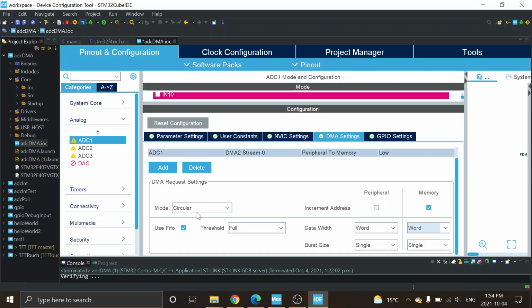Okay, so the one thing though I want to make sure is that you use a circular buffer. I haven't checked lately, but it wasn't working correctly. It wasn't generating the right code when it was just normal. It was not properly cycling through. You got one set of values and that was it. And so we put a circular buffer. Okay. So once we have all of that done and we go and generate it,